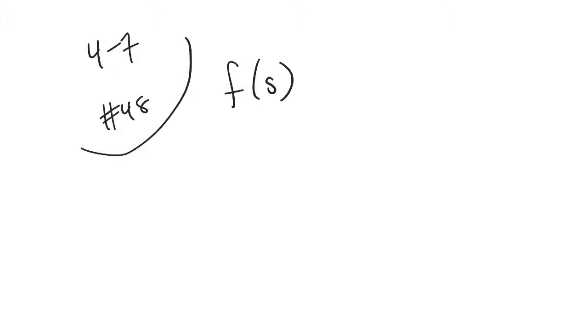Section 4.7, number 48. Can you read it carefully? Yes. Function f of s equals 4s to the fourth minus 17s squared plus 4, and then it says to find the zeros of the function. All right, so something like this, first of all,